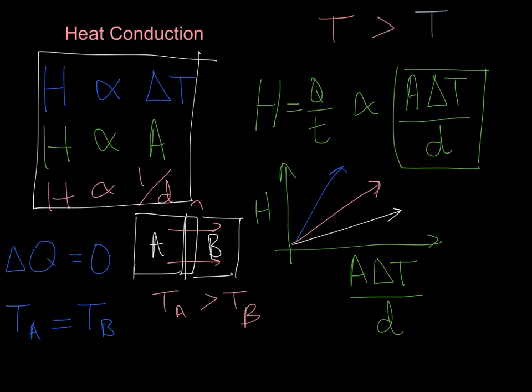So this line down here would imply that at a certain amount of area times difference in temperature divided by thickness of the barrier, you don't get as much heat transfer as you do for something like this really dark blue arrow up here. Okay, so the slope of that line is what we're actually going to call the thermal